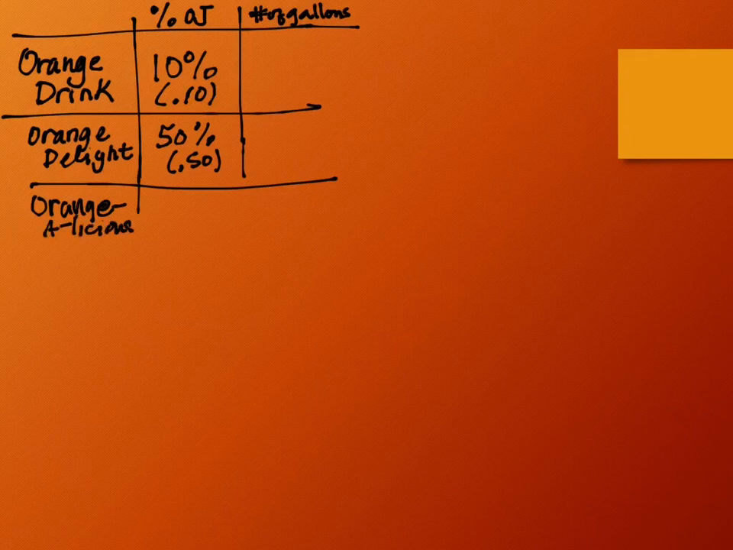I don't even know if I spelled it right. The Orangelicious is what percent concentration of orange juice? 40%. Okay, so looking at these,